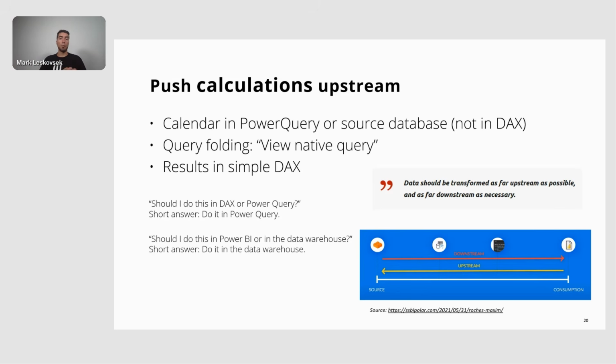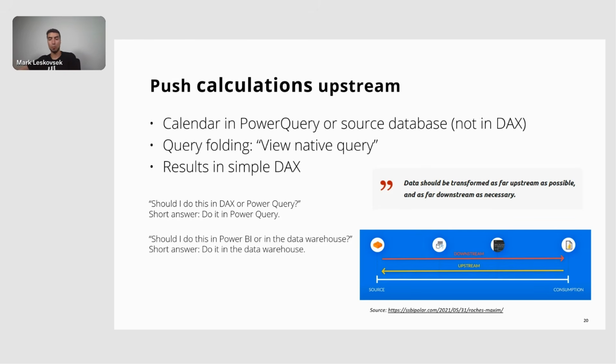Okay, so from a performance perspective, it's always better to perform a given data transformation as few times as possible. It's best to not need to transform that data at all, as data transformation is a costly operation. But sometimes you cannot go all the way to the source, so just do it as far as you can. Now, let me show you an example where you can actually check if the query itself is folding back